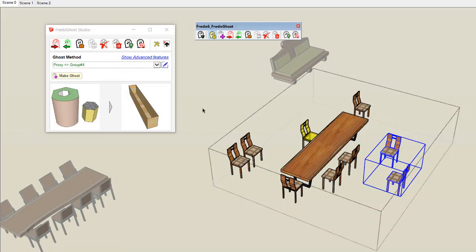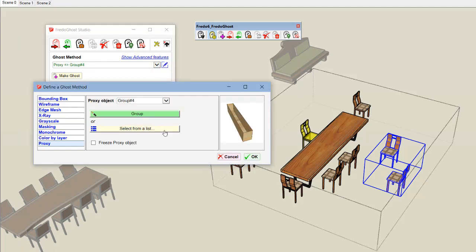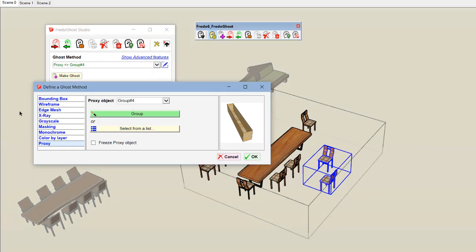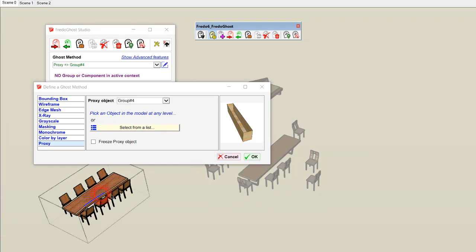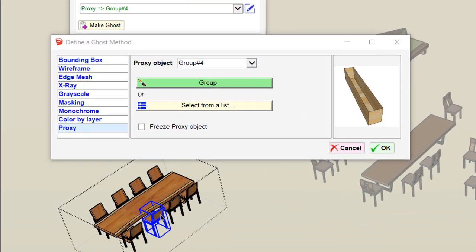The other way to configure a proxy method is to pick the object directly in the model. So when you have this dialog box open, you can freely navigate in the model and select a component. As soon as you do that, you see that this button highlights in green, meaning that you have an object in the selection.